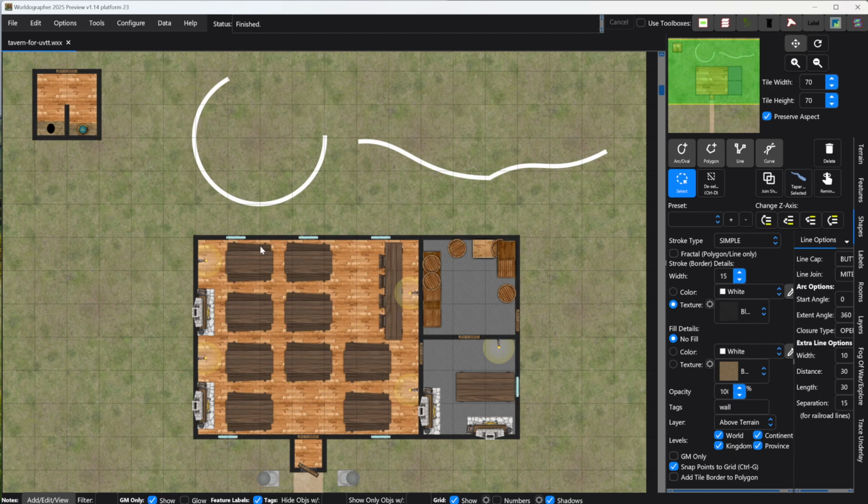But right now, I basically took the randomly generated tavern and I made the room that was there, which was a shape, which was a polygon, and it had a tag of room, and I removed that room tag. Now, right now, the way that the import is working is that if a tag has a room in the tags for a shape, that will block light. That line will be transferred over and will block light. Likewise, also wall. So I removed those tags from the other rooms, and I added in a wall tag